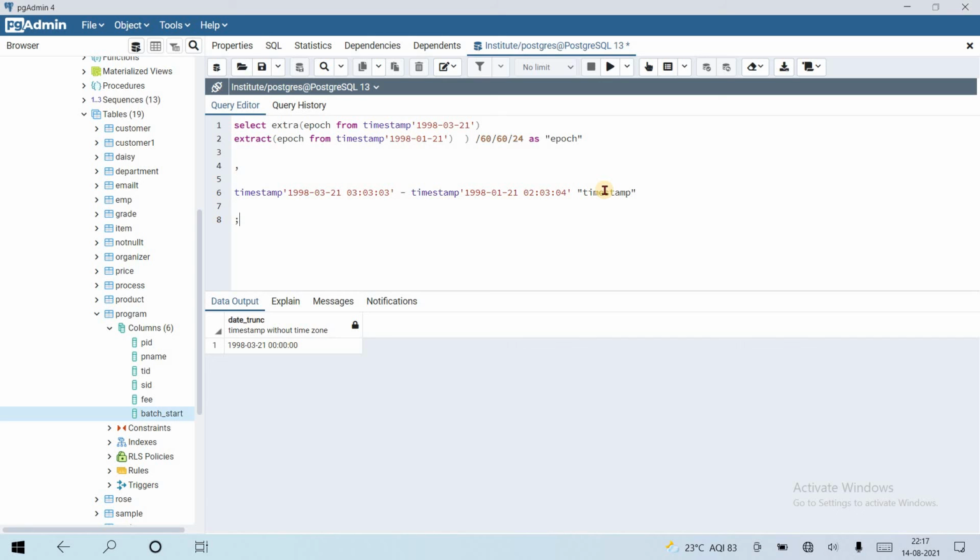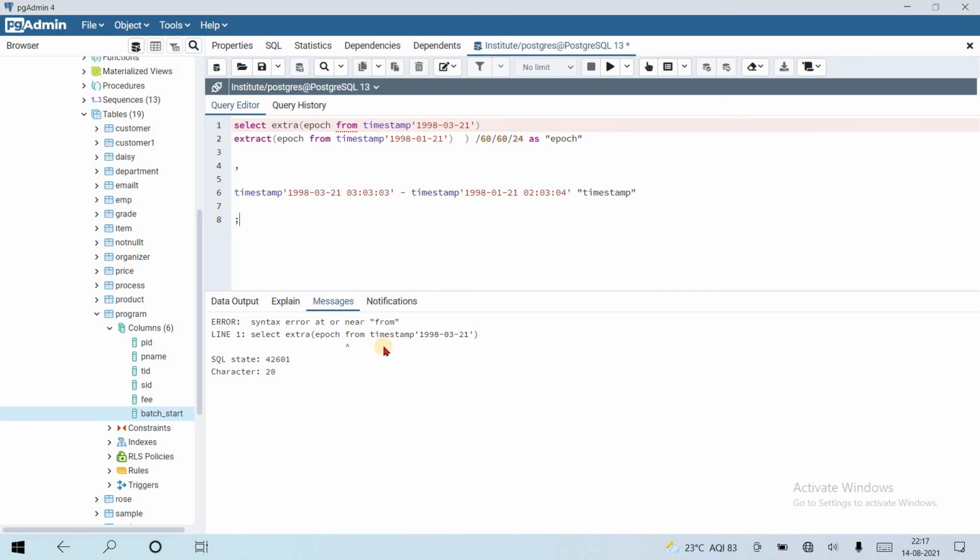Okay, let's run this. Oh, extract epoch from timestamp. Is there any error? Yes. Okay, now it needs to work fine.